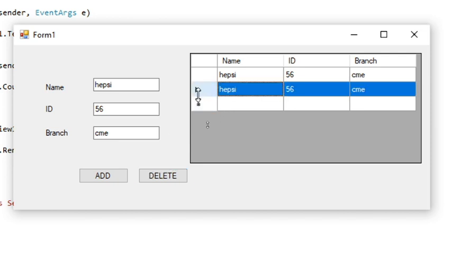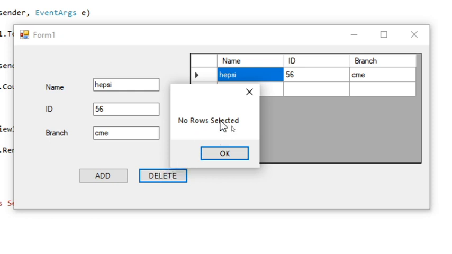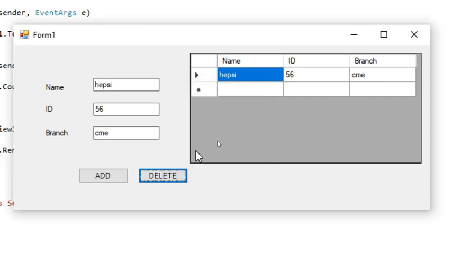Select again, and delete. Now only one row has been selected, not the entire row. Now let's try delete again. No rows selected. We haven't selected any of the rows, so it is showing in a message box. It went to the else part.